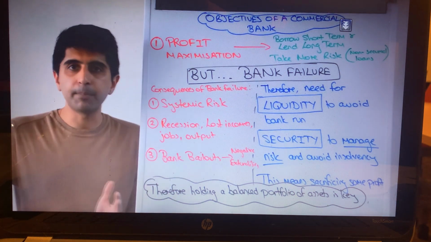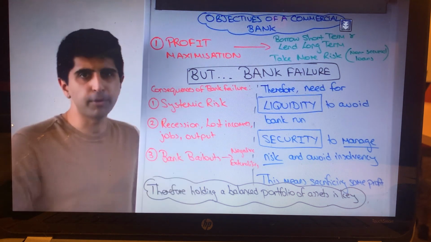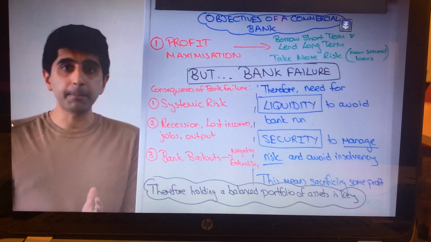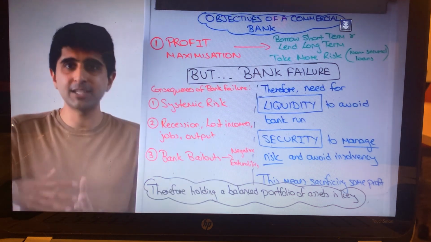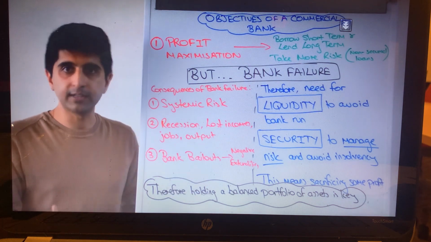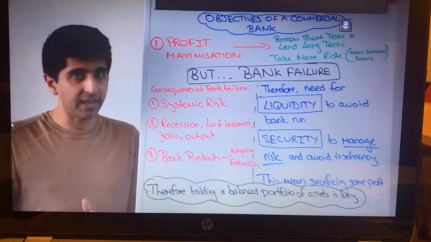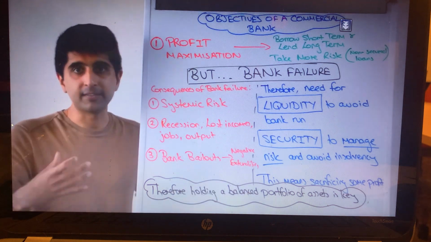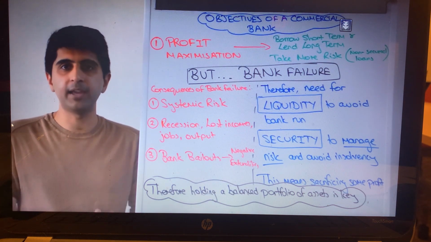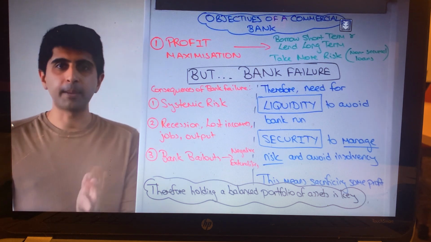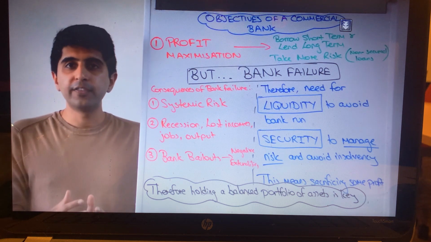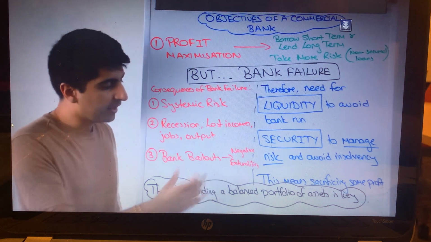There'll be high unemployment again throughout the economy, lost output, all bad news, completely bad news. And also there is the cost of bank bailouts, right? So the taxpayer having to bear the brunt of bank bailouts if the Bank of England decides that actually this bank can't fail. The taxpayer bears the brunt. I mean, look at what happened post-2008 and how the UK taxpayer is bearing the brunt of all these bank bailouts. Terrible news.